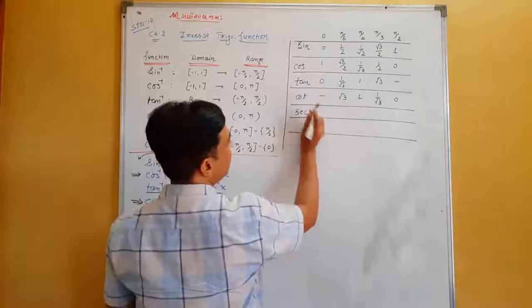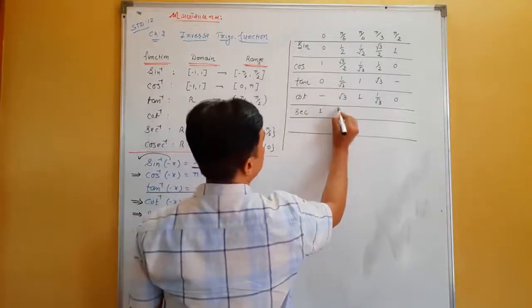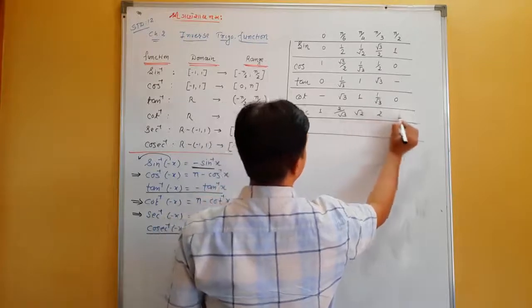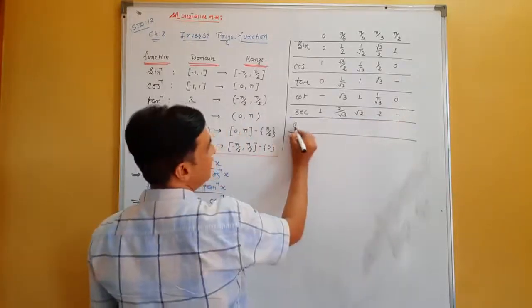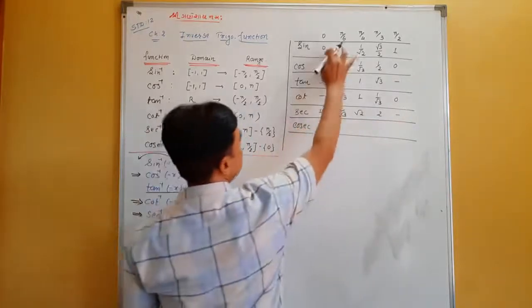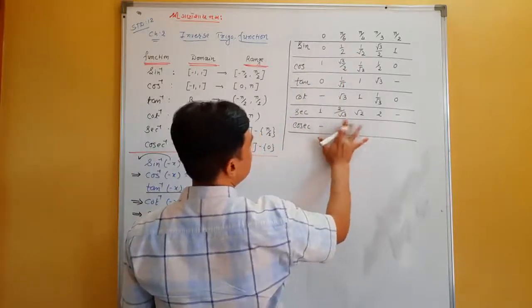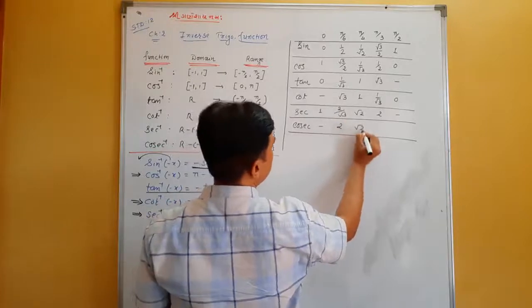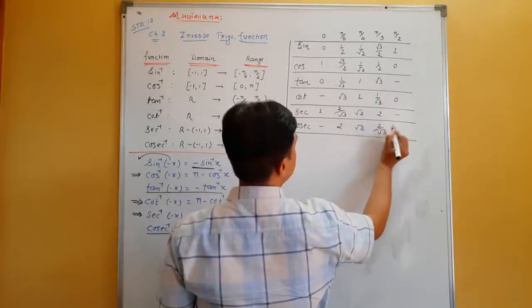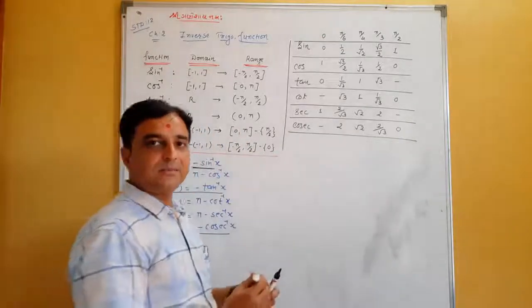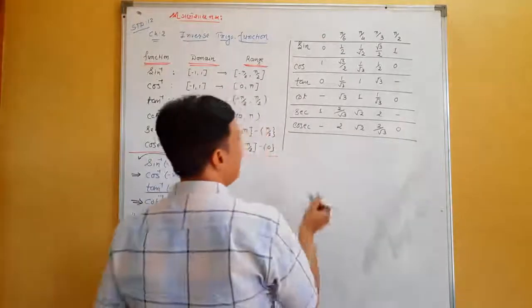Similarly, sec is the reciprocal of cos: 1, 2 by root 3, root 2, 2 and infinite. And cosec is the reciprocal of sine: infinite, then the reciprocal of 1 by 2 is 2, root 2, 2 by root 3, and this is 1. Using these values, we have to find